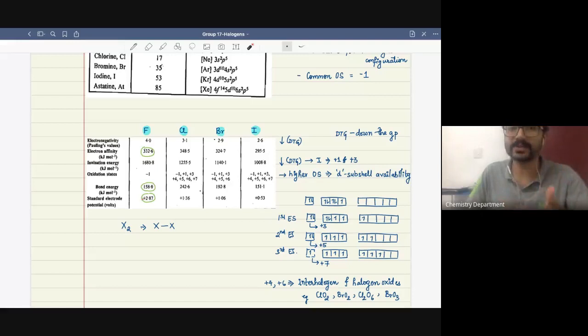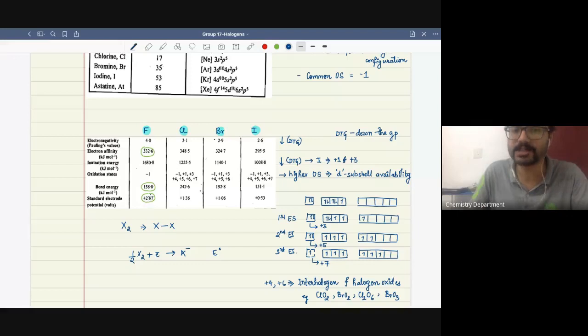Now, I'm constantly using oxidizing potential, so you might be getting confused. What is given here is the standard reduction potential. Standard reduction potential means X2 accepting electrons to give X minus. These are the standard reduction potential values given. So the oxidizing power is that which has a higher E naught value, because oxidizing power means it is able to accept electrons more easily, more quickly.